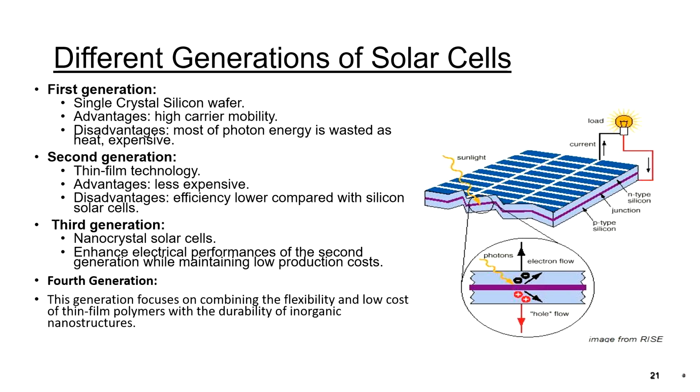And the 4th generation focuses on combining the flexibility and low cost of thin films with the durability of inorganic nanostructures. So now they are looking at using inorganic quantum dots or nanostructures in the thin films, and that way they can improve the efficiency of the solar cells, and that is considered to be the fourth generation. And I am very sure in the coming few years you will have a few more generations,